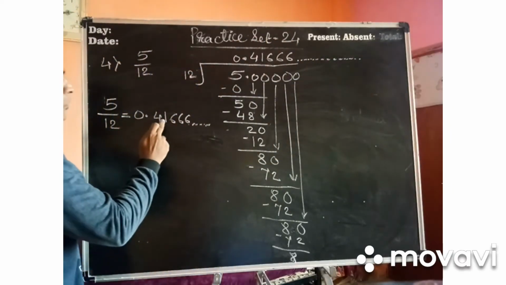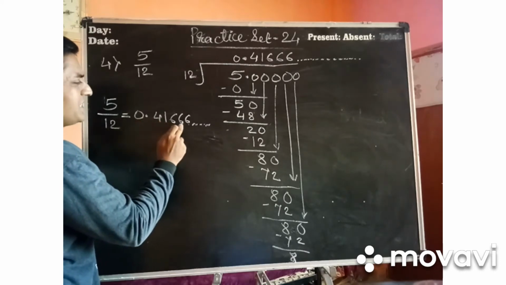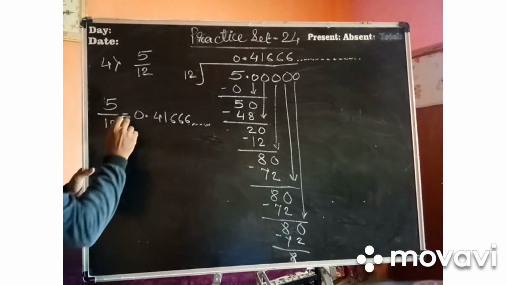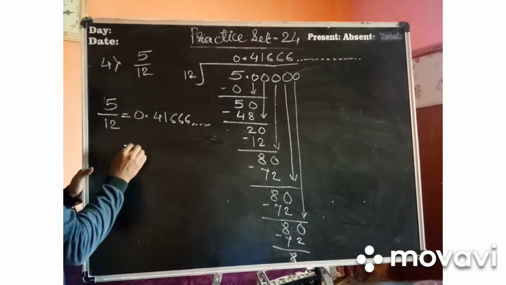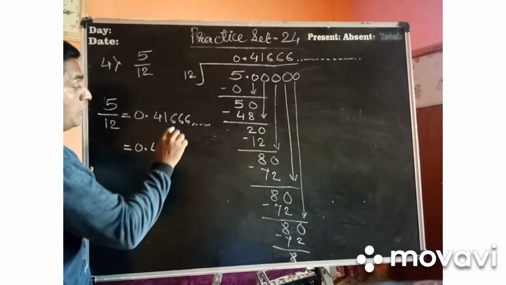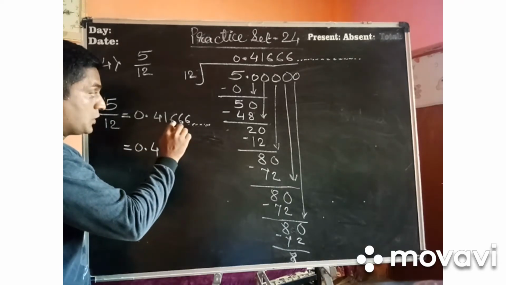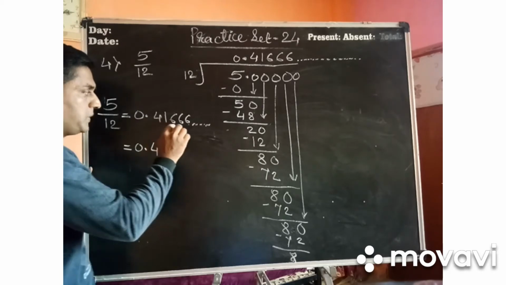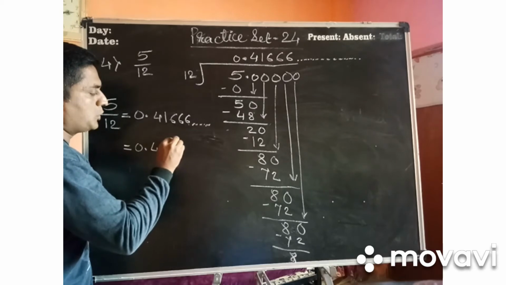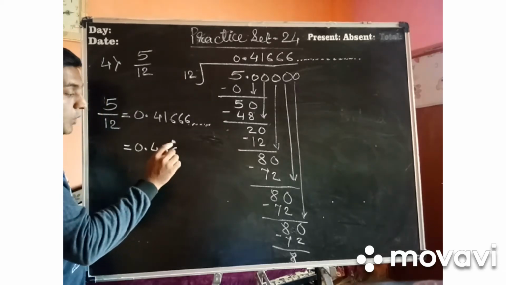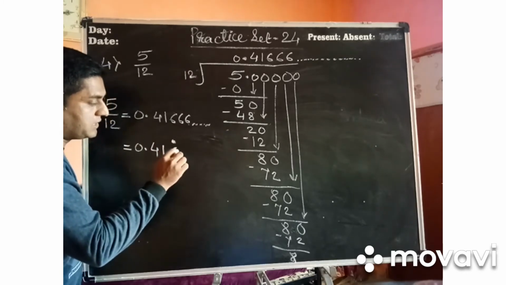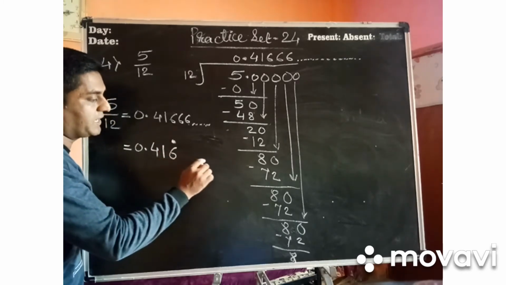So see here, 0.416666 non-terminating. But how many times will you write this in the exam? So again, is equal to, one more is equal to 0.41. Which digit is repeating again and again? So see, 4 is not repeating, 1 is not repeating, but the 6s are repeating. So just write down 1 time 6 and give a dot upon it. What is the meaning of the dot above this 6? Dot above 6 means the digit 6 will repeat again and again.